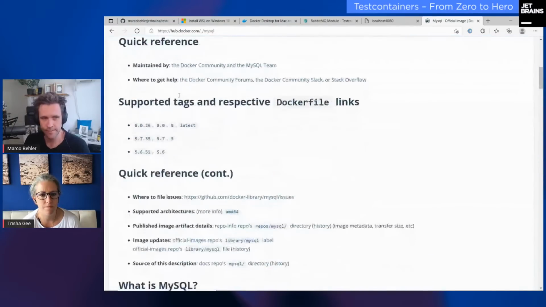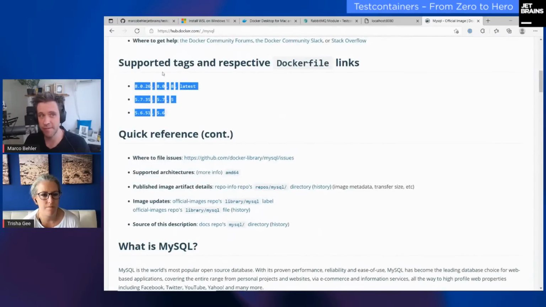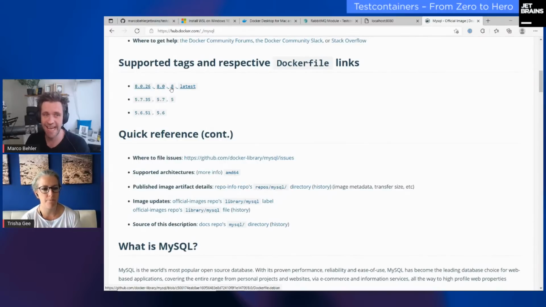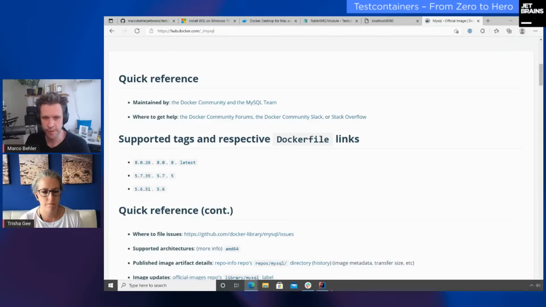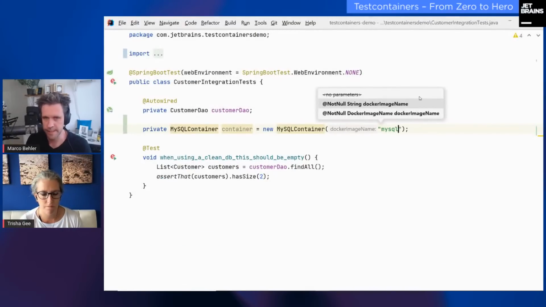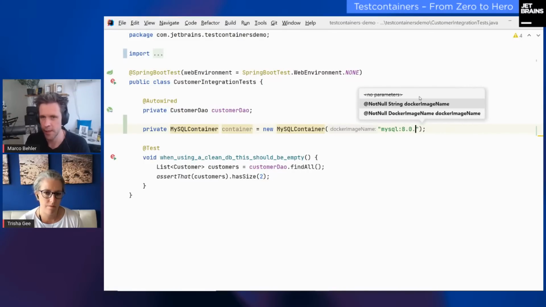And when you scroll down, you will see there are specific versions of that image. So there's the 8.0.26 version, 8.0 version, 8, latest, 5.7, 5.6. There's a ton of different versions, or tags in Docker speak. And you need to decide, well, I want the MySQL image for version, let's say 8, for example, or a specific 8 version if you want to. But it doesn't really matter, whatever suits you. So you're just going to go back and put in MySQL version 8 here, for example, or 8.0.26, or latest,